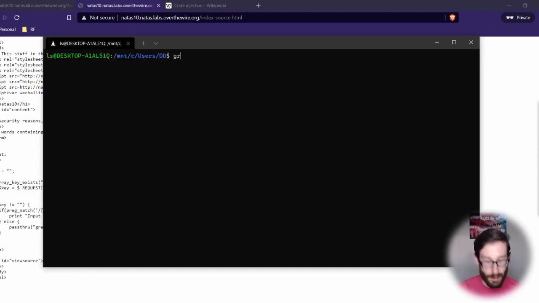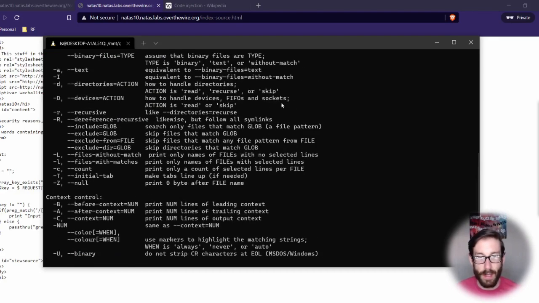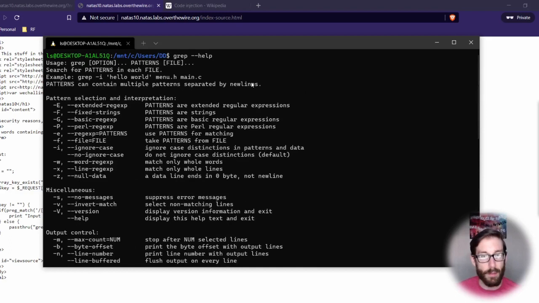So the next thing I'm going to show you is actually the grep help instead of just the man page. So if I go into help and I scroll up to the top here, the thing that really jumped out to me when I was reading more about the function and the different parameters and switches that you could put inside of grep to have it act out a certain command, at the very top it states that patterns can contain multiple patterns separated by new lines. And another important thing is search for patterns in a file. What jumped out to me is that it states patterns, right? It's not saying pattern or a file, but it's saying multiple patterns in each file.